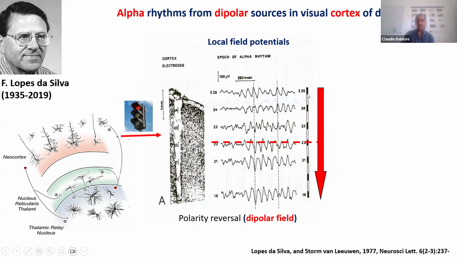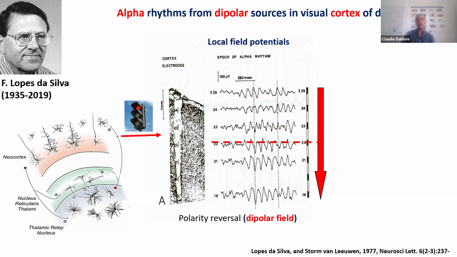They are the black rectangles. From these contacts, Fernando Lopes da Silva's group was able to record local field potentials. In each contact, you have a local field potential resembling the ongoing EEG. The difference between this local field potential and EEG is that the pin of the electrode is very small in this